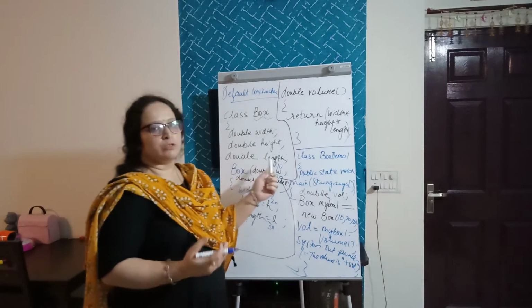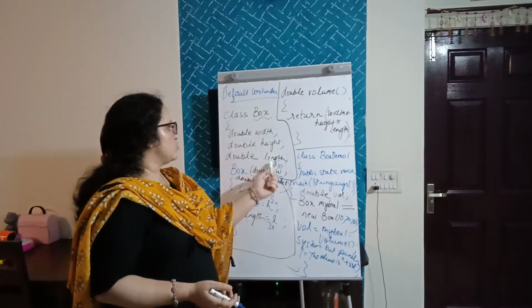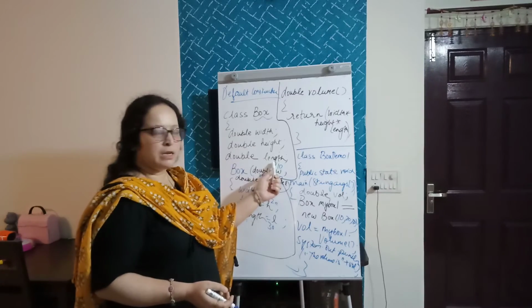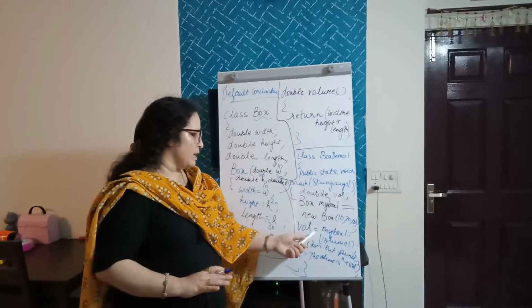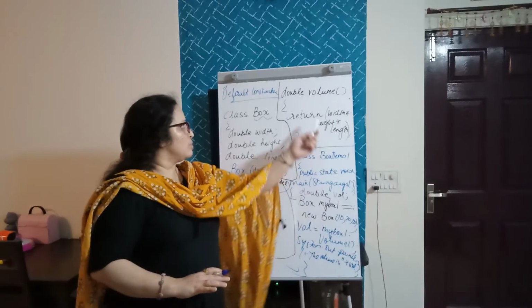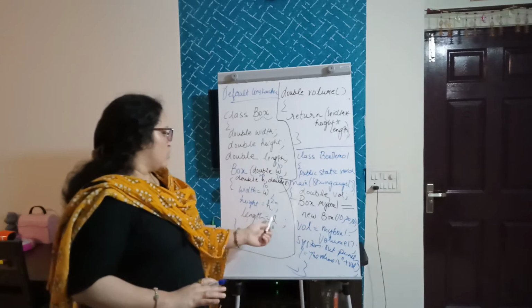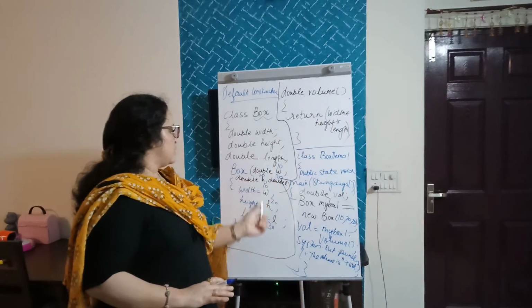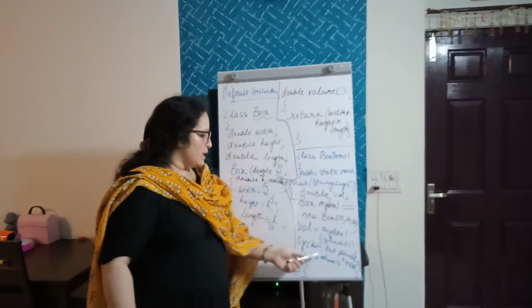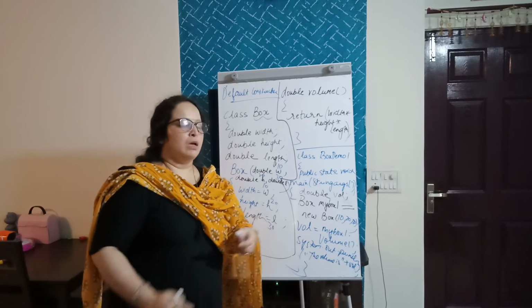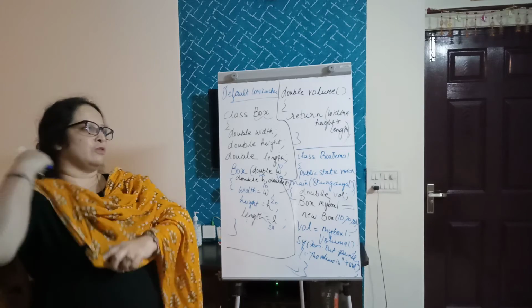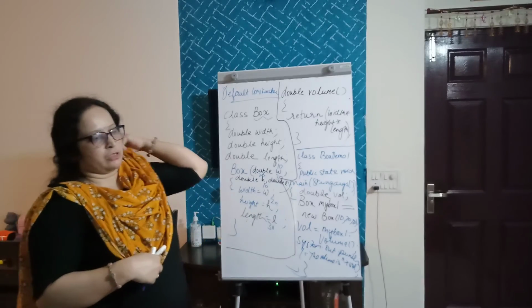What was our purpose? Our purpose was to assign the values to these instance variables. So this has been done. Now we have to call the volume method. That will be done in the same way as we have done. vol is equal to myBox1.volume. In volume we have the value of width, height and depth. It will multiply and we will display the result over here. Okay. So this is the simple example of default and parameterized constructor.